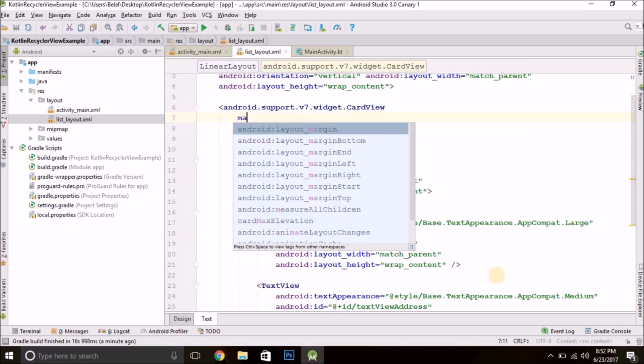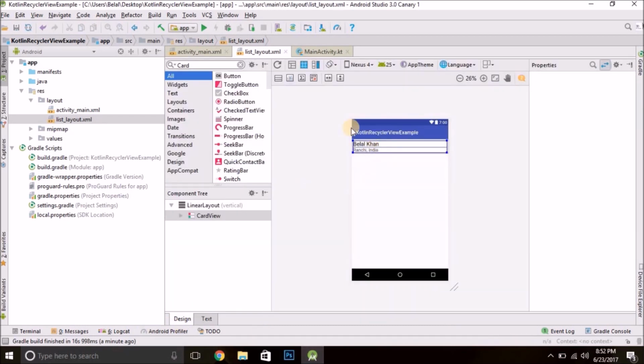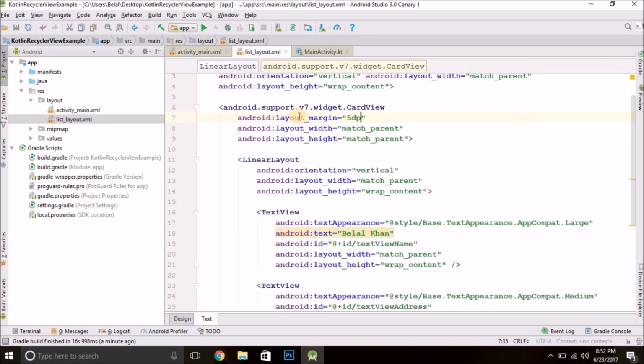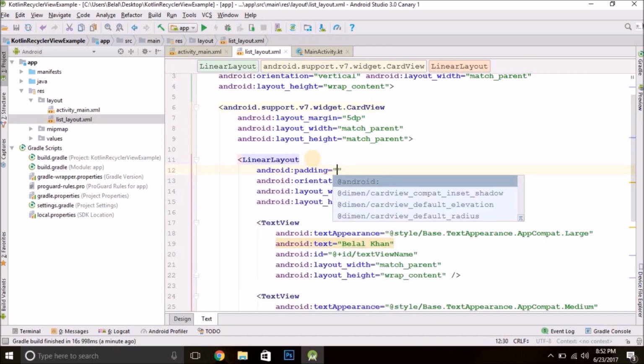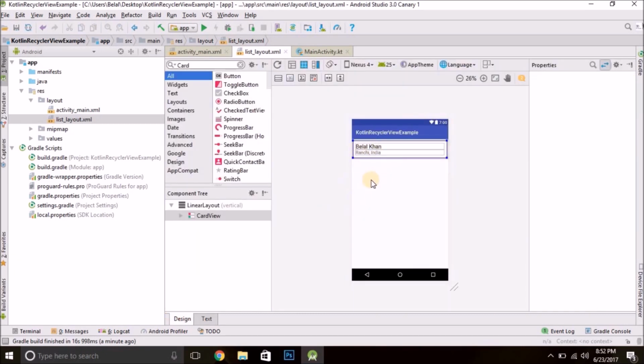Now give your card view some margin, let's say 5 dp. So we have the list item ready. Put some padding as well. Let's put padding inside this linear layout, let's say 10 dp. So we have the list item. We have name and we have address.